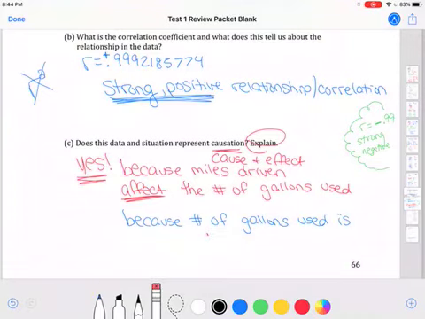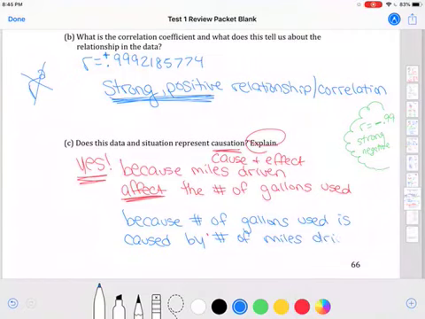That makes more sense. Yes, the number of gallons used is caused by the number of miles driven. So either using the word cause or effect, whichever word you choose to use, is best to explain that